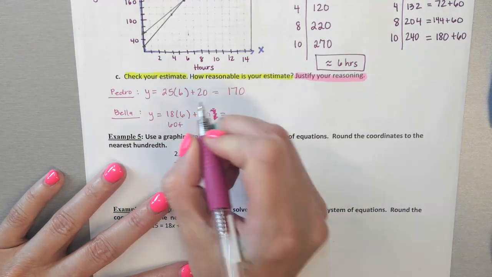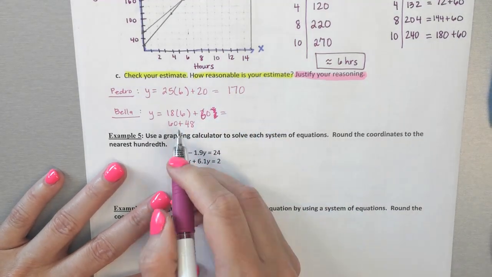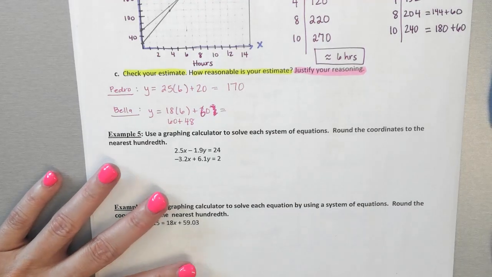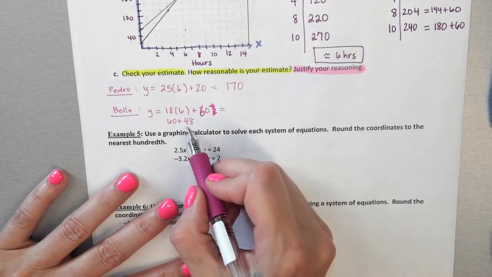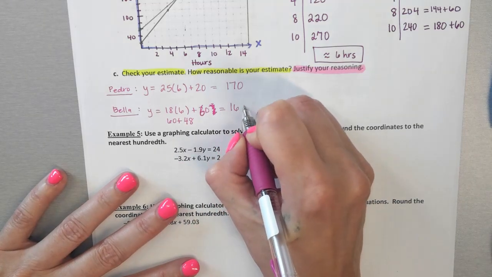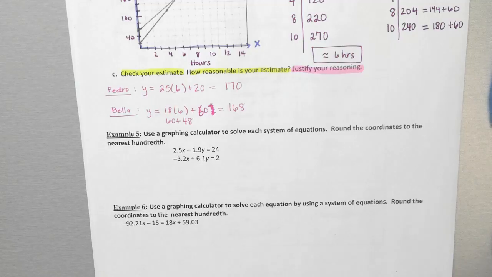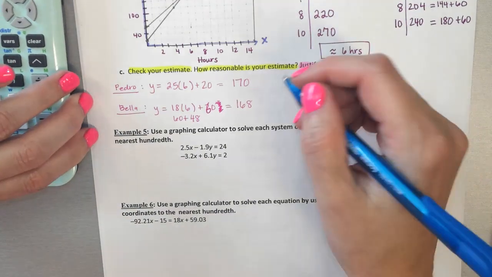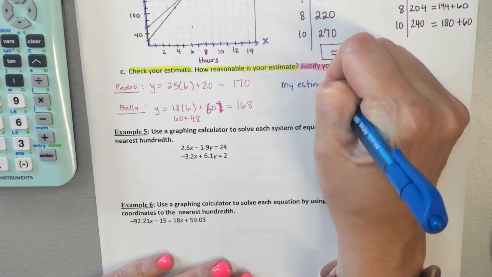So it's 60 plus 8 times 6. Okay, so now you can just add these 3 numbers together. So 60 and 60 is 120, 120 and 48, 168. So what do we think? How reasonable is our estimate? Yeah, that's really good. They're only 2 pages apart. Okay, so how reasonable is your estimate? My estimate is very reasonable